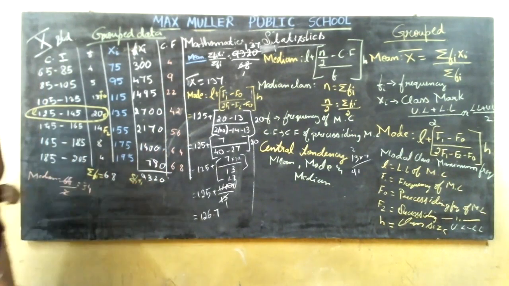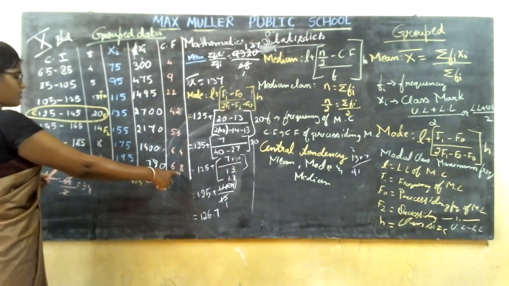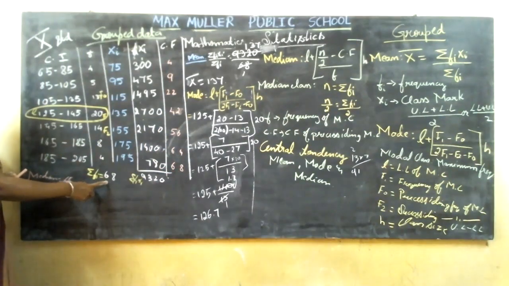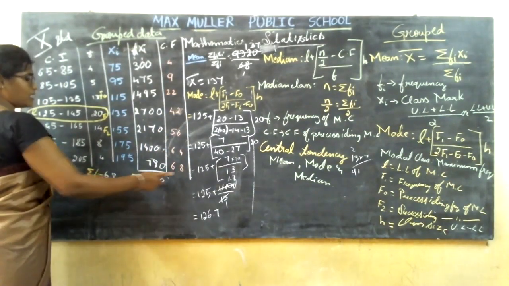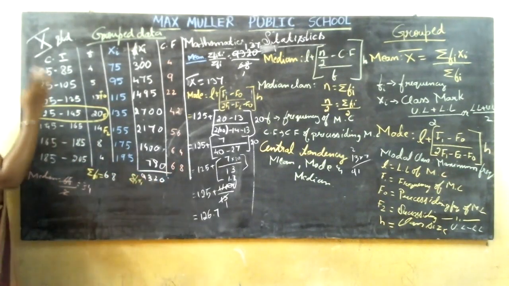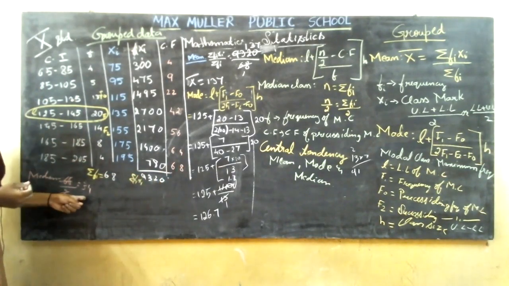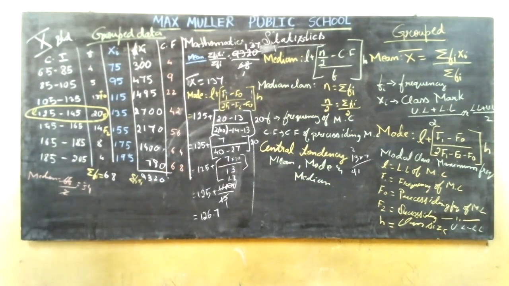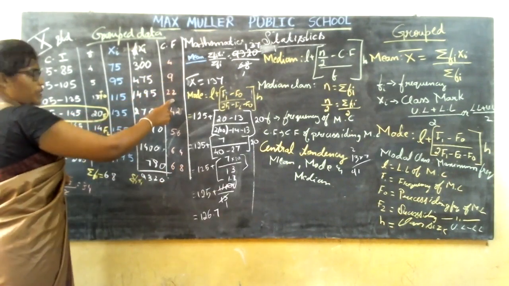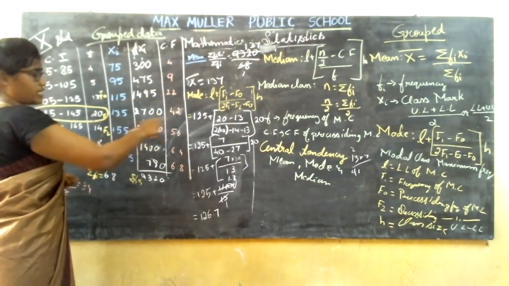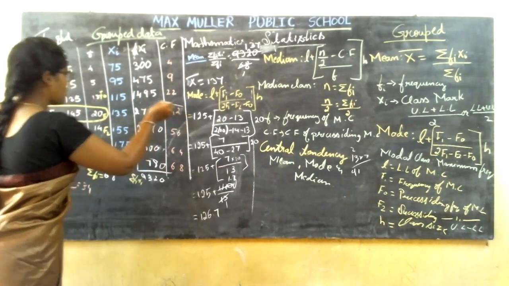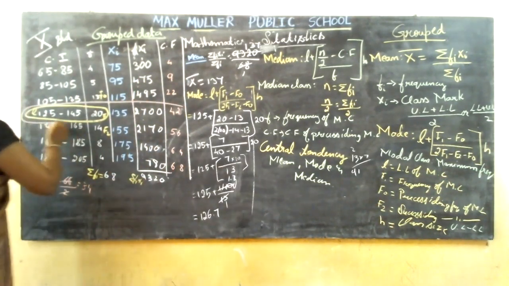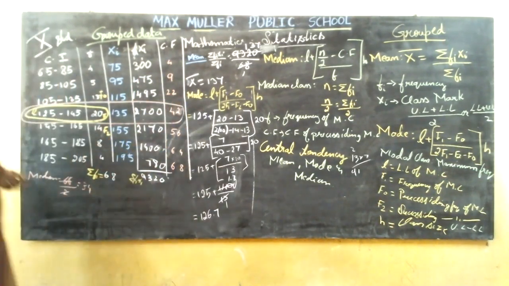How are you going to verify whether your cumulative frequency is correct or not? The last number of the cumulative frequency must be equal to Σf or n. If it is equal, then the cumulative frequency you get is correct. Now what is the median class you got? The median value you got is 34. Where does this 34 come? Does it come in 4? No. 22? No. 42? Yes, it comes in 42. So that is the median class. Whatever the mean and mode class you have, that will be the median class.